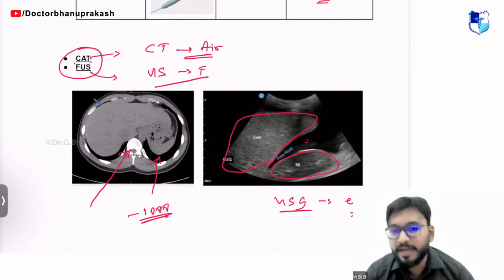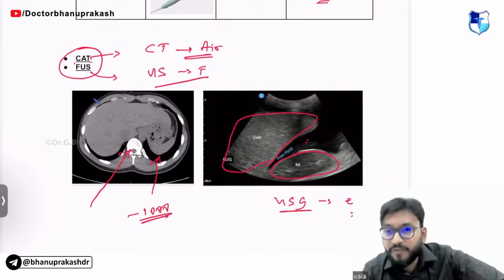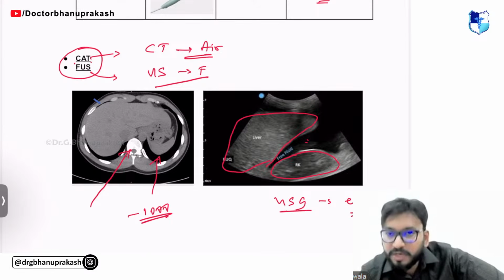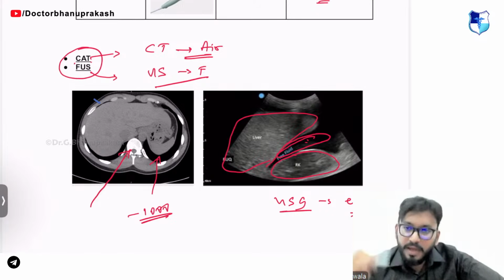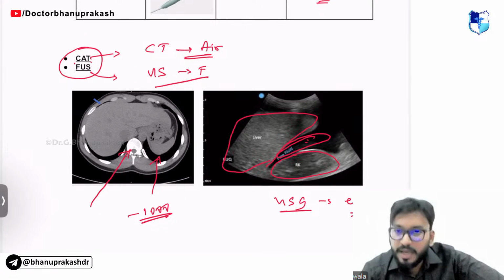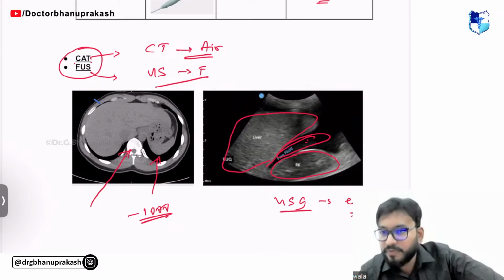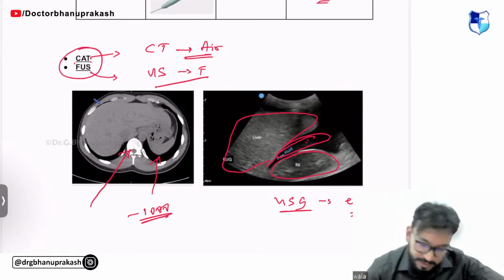What fluid can be there? It can be blood. So this is an EFAST positive. Why? Because we can see this pitch black fluid here. We can see the fluid between the liver and the kidney on the right side in the Morrison's pouch, and this is a FAST positive. The fluid is the best friend of ultrasound and air is the best friend of CT scan.